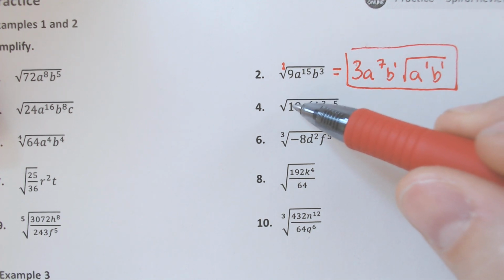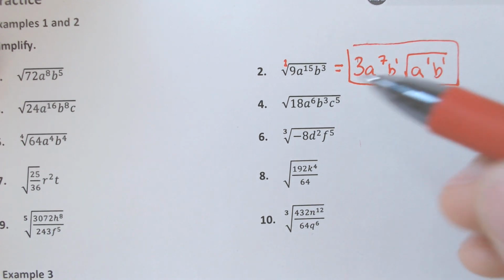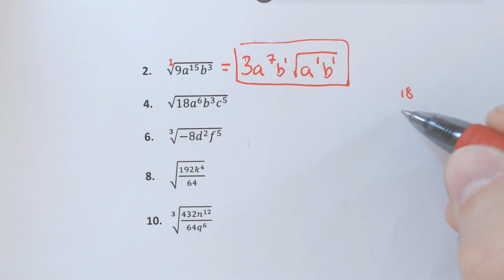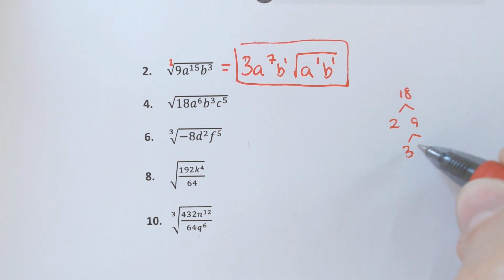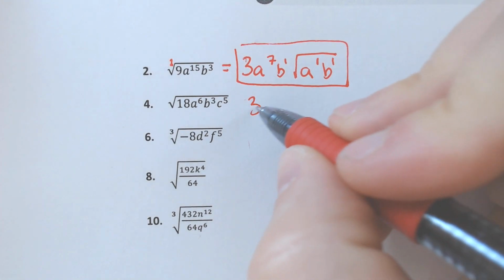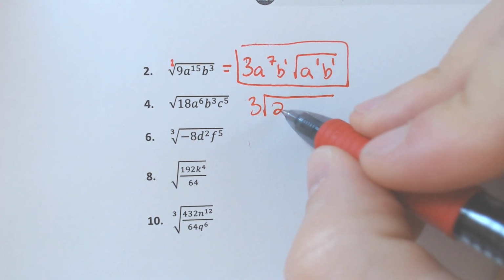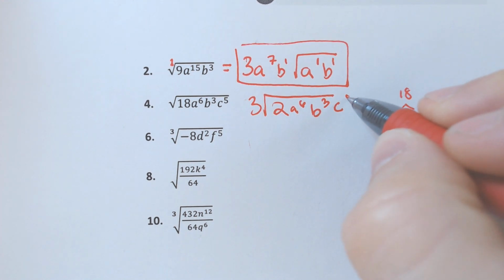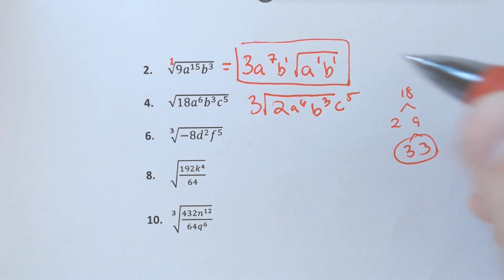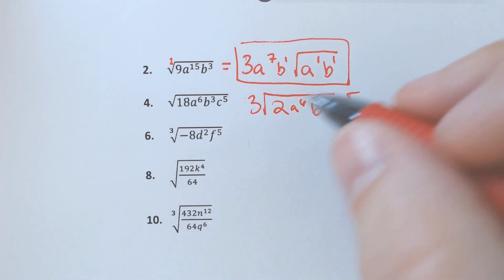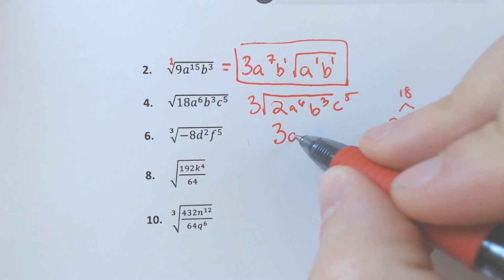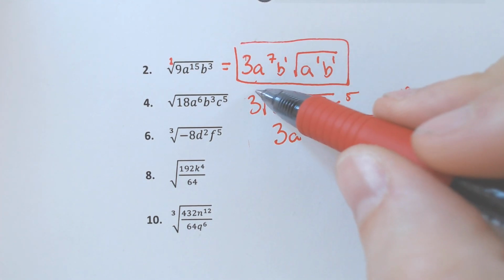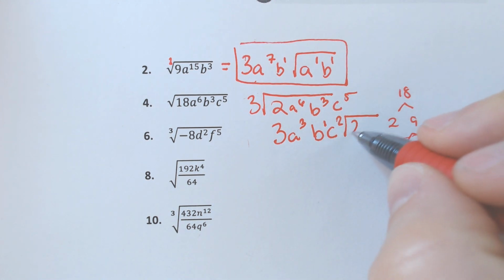If you had a number like number 4, actually let's do number 4. If you had to square root the 18, if we break it down, we get 2 and 9 and then 3 and 3. We'd have a 3 on the outside and then a 2 left underneath. Now, I have not dealt with the a to the 6th, the b to the 3rd, or the c to the 5th power yet. But if we did, we would end up with a 3, a to the 3rd, b to the 1st, c squared, because we would be dividing them all by 2. And we'd have left over a 2,